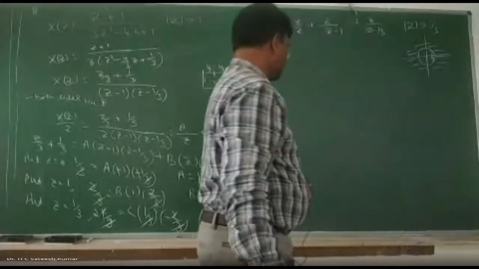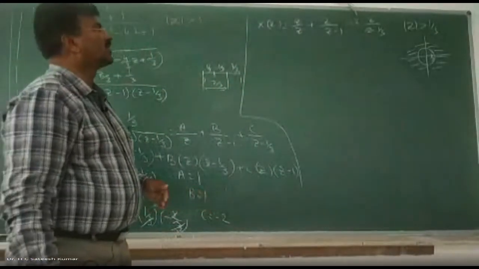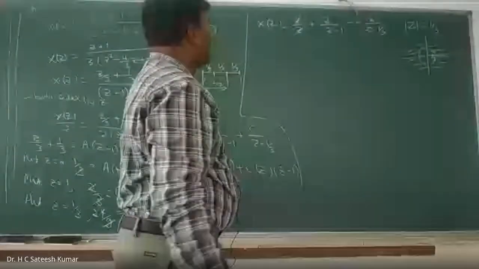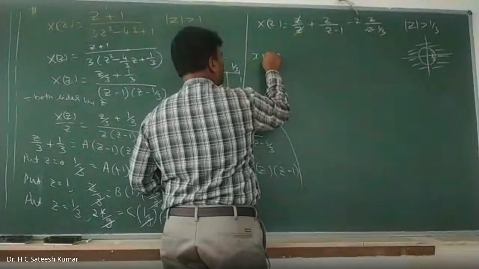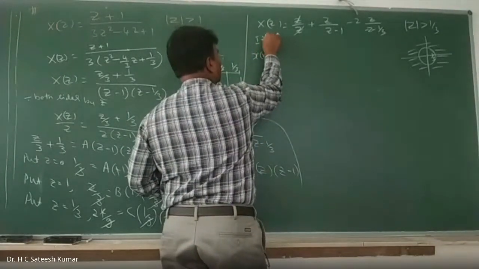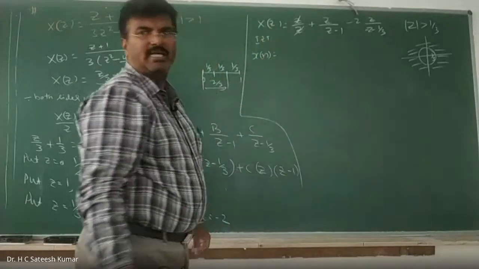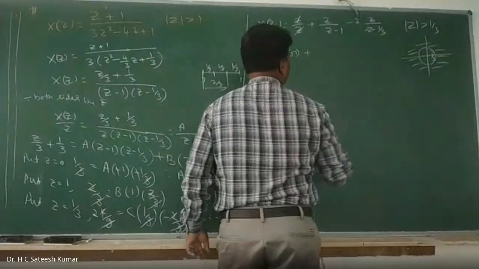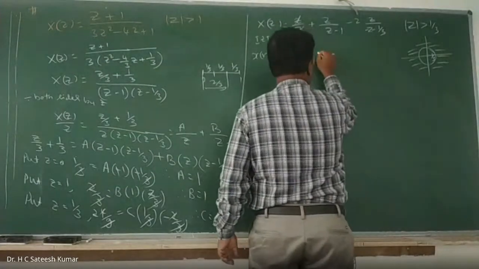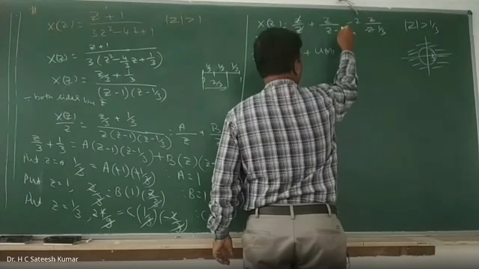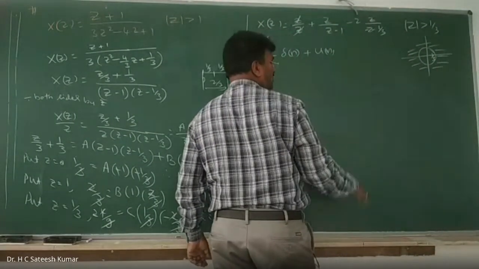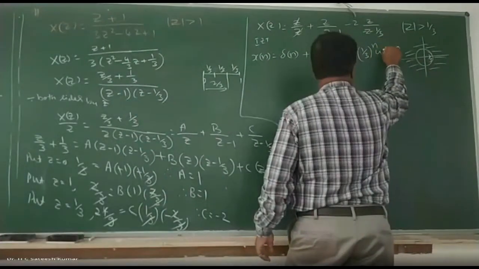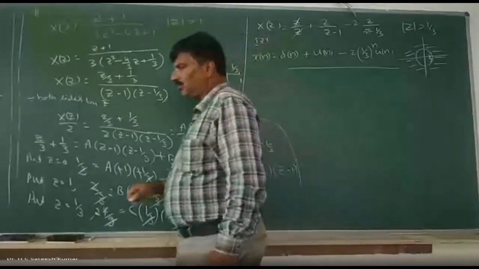Okay, right. Now, what is that we can write? Z gets cancelled. X of n is equal to, take the inverse Z transformation of X of z. Inverse Z transformation of 1 is delta of n. Plus, what is that? All of them are right-handed sequences, no? U of n. Inverse Z transformation of z divided by z minus 1 with mod z greater than 1 by 3. Right-handed sequence is this one. Minus 2 into 1 by 3 power n into U of n. That's it. That's how we should do the problem.